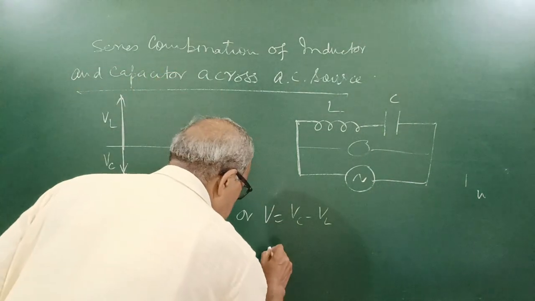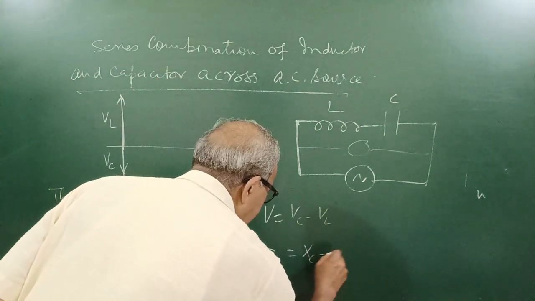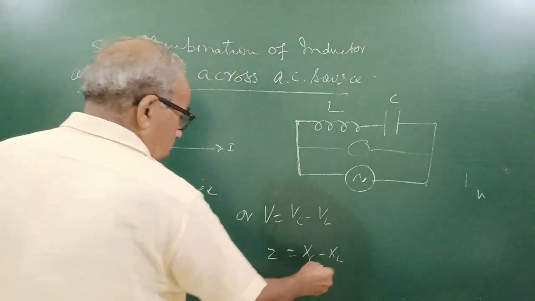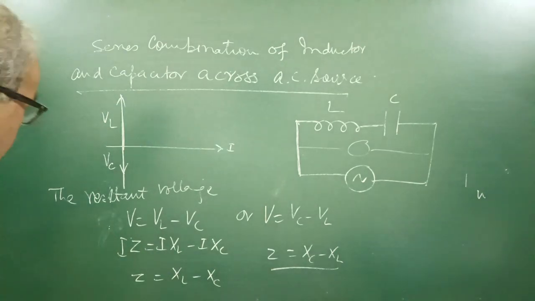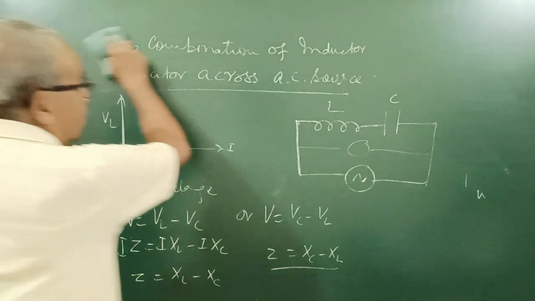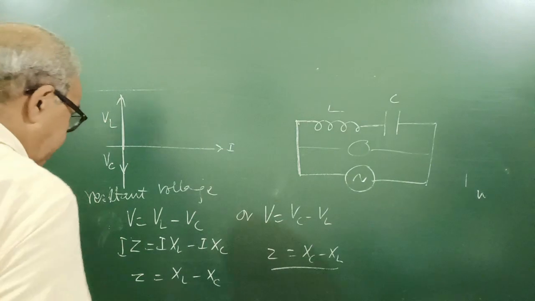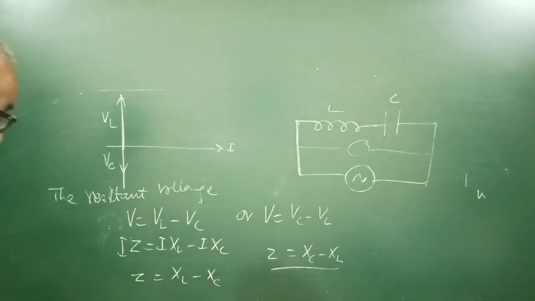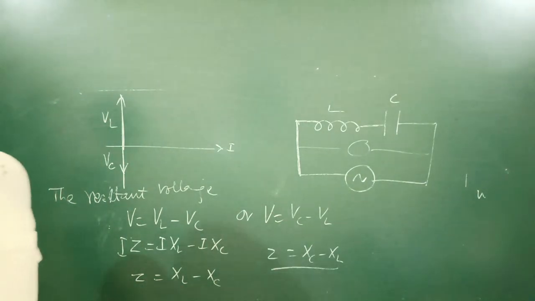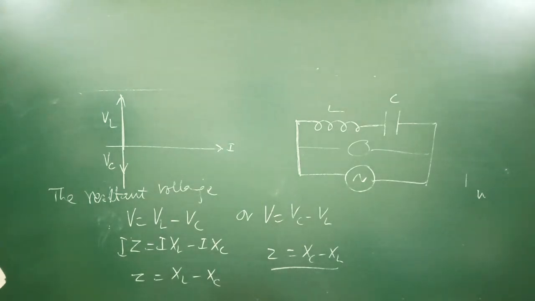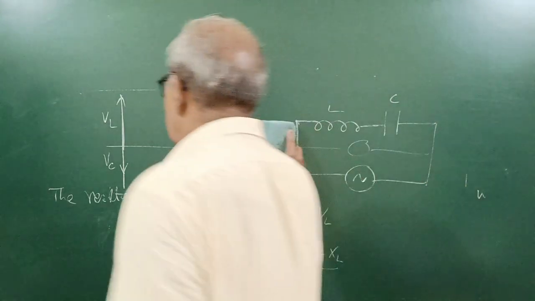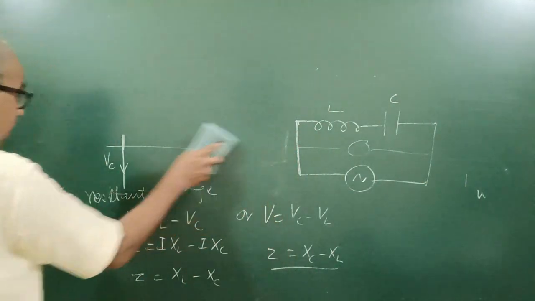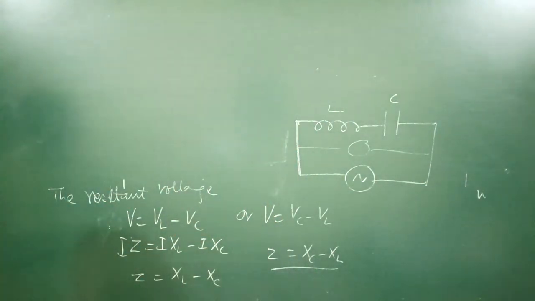Here also Z is equal to XC minus XL. When will this happen? When XC is more than XL, VC is more than VL. In that case, Z is the resultant impedance, or resultant reactance. They represent reactance here. Now what happens if, and further you know,